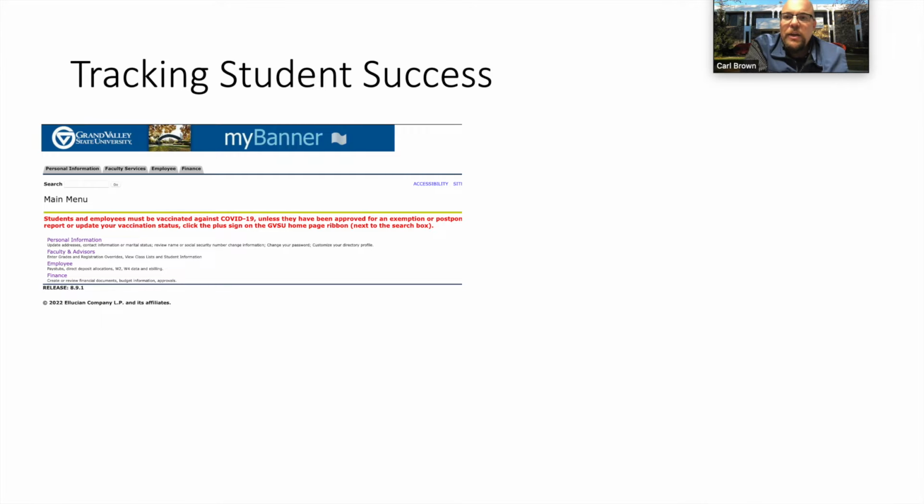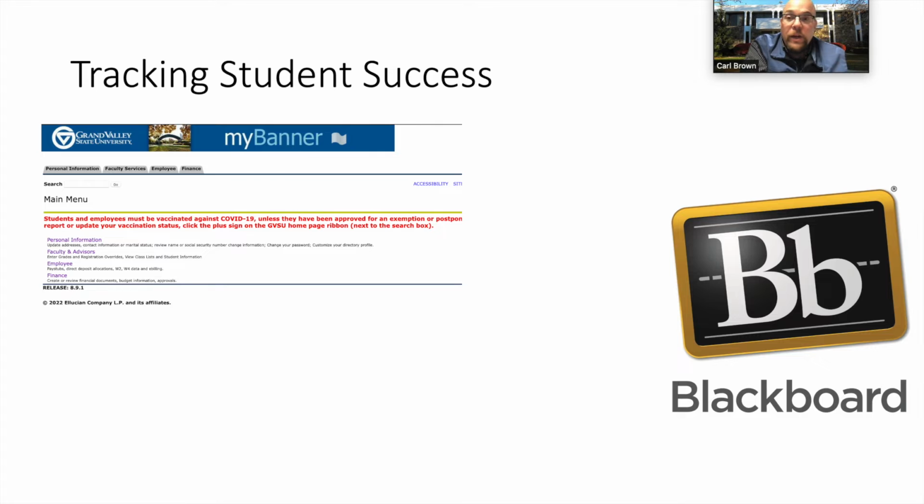So let's talk about tracking success for a moment. Depending on which institution you're at or what definition you are using, student success is going to look different. Just think for a minute about this example. Think about the software systems that your school, your institution uses. So at Grand Valley, we use Banner, as I'm sure many of you do, and we use Blackboard. Many of you may use this or D2L or Canvas, but these two talk to each other pretty well. They do a good job of sharing information.